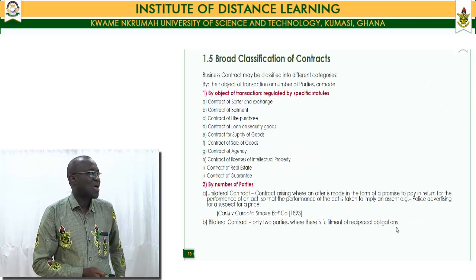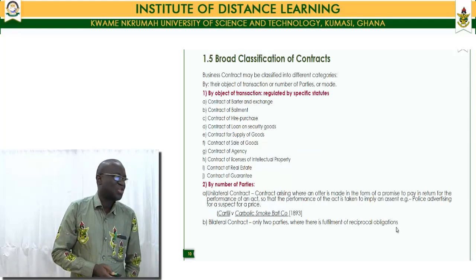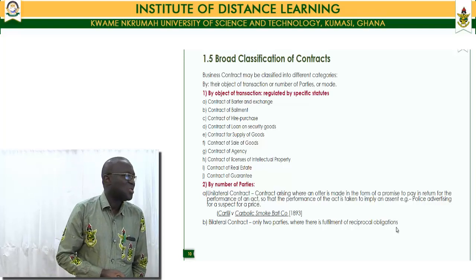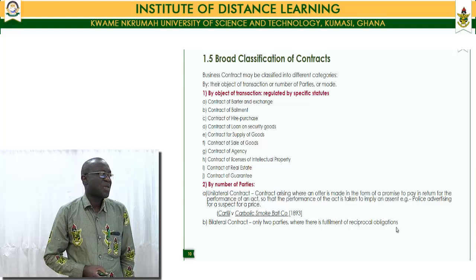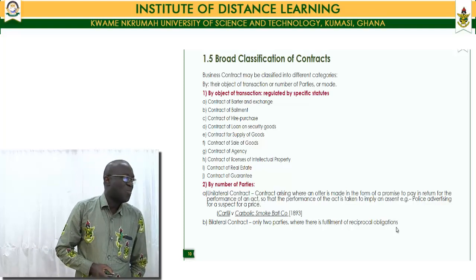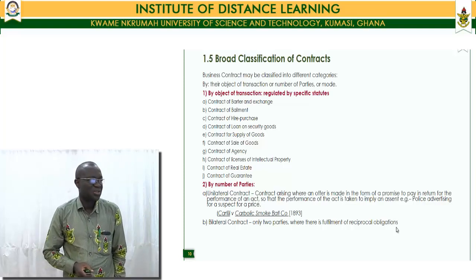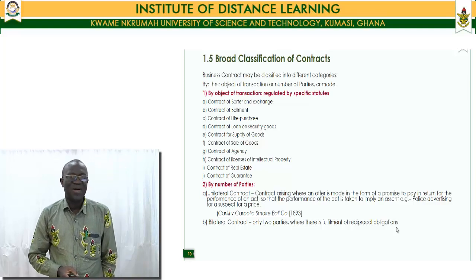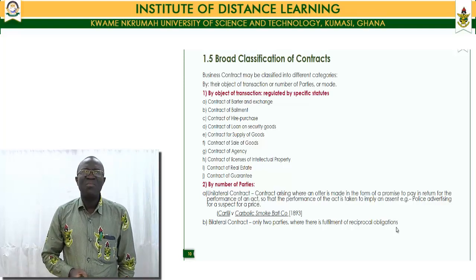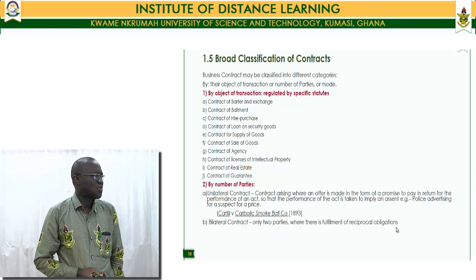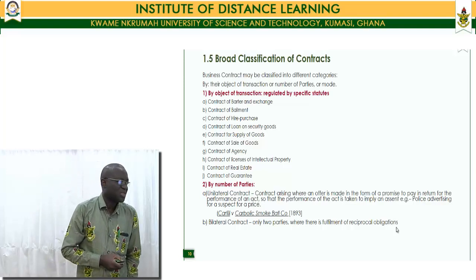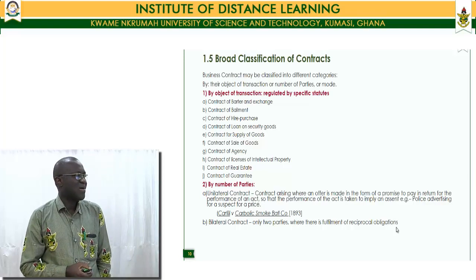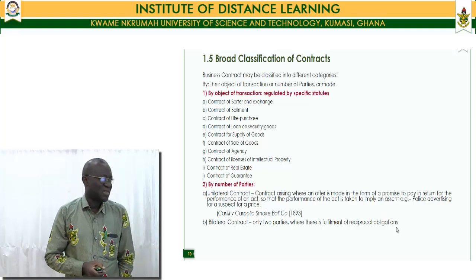Now we can go to the classification of the law. Business contracts may be classified into different categories. It could be by their object of transaction, or the number of parties involved, or the mode of the transaction. So I have made that into three main categories. When we say by object of transaction,